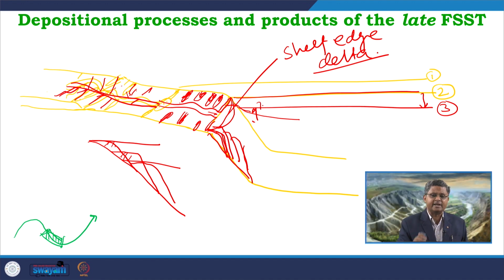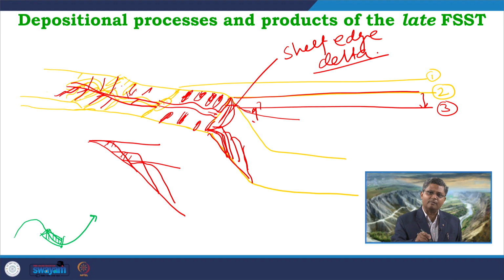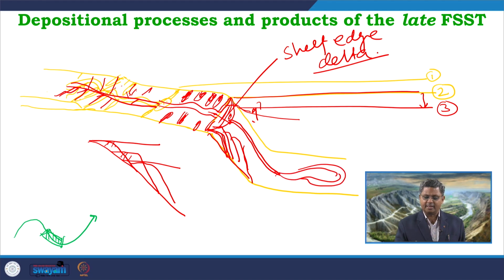This area is still under high energy condition, because all the sands are now supplied over here, and the shelf edge is now very unstable in terms of energy condition, in terms of huge amount of sediment supply, and they are just at the edge of relatively higher slope. So, definitely the water will try to rework the sediments from this area, the river will supply the sediments from this area, and they will come down the slope in the form of some canyons, some channels, and those channels will supply sand over here in the form of some fan.